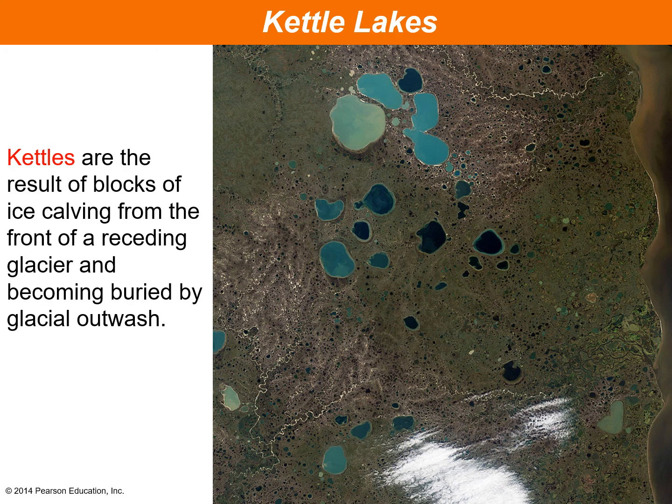buried by glacial outwash, so a bunch of sediment piles on top of that giant chunk of ice, then ultimately when the ice melts, you're left with a depression, and that depression is often filled with water because you have a glacier that just melted, and that's the reason that the depression was formed in the first place. And so it leaves these kettle lakes behind.